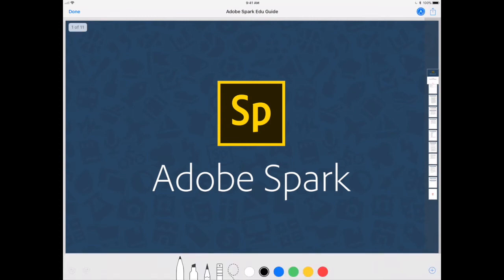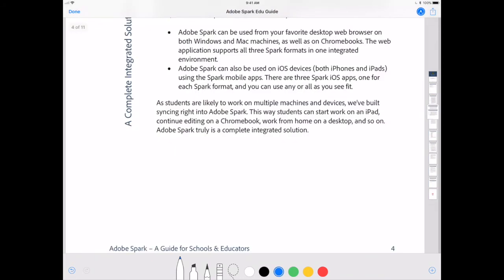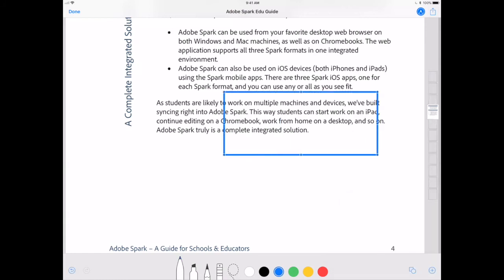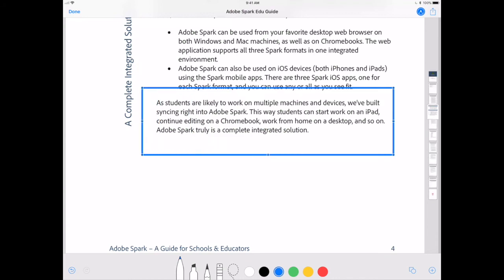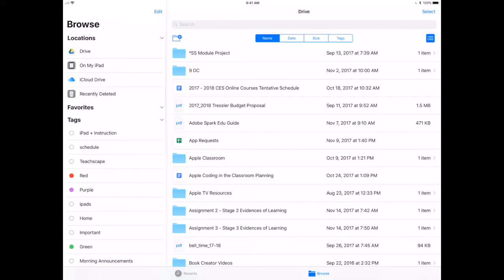Now remember, I'm in the Files app. I'm not in Google Drive, I'm in Files. I can actually annotate a PDF that is in Google Drive while in the Files app. I know that may seem like a lot, and that's a bit tricky to say without getting tongue-tied, but this allows me to make modifications within the Files app to the document. When I choose Done, it's going to save to Google Drive.